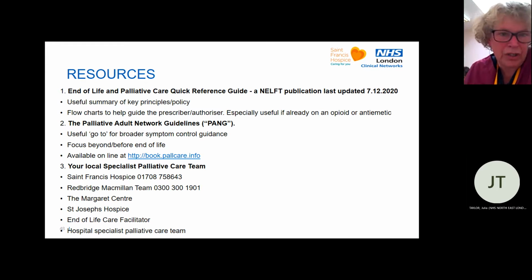It's hard to know what to prescribe for people with a range of symptoms. So this section just looks at the resources you can turn to. So locally, we have a really helpful resource in a NELVT publication, which was last updated at the end of 2020, and I'll go through that in some detail. You could also look at Palliative Adult Network guidelines, which are available online, and give the focus, it